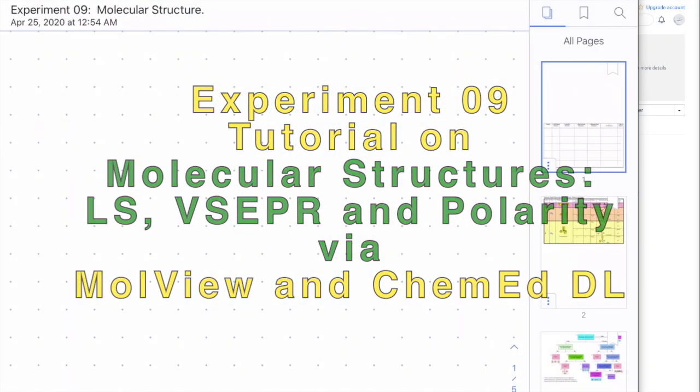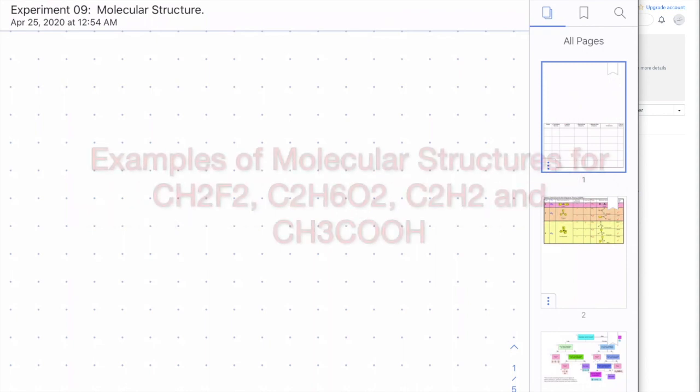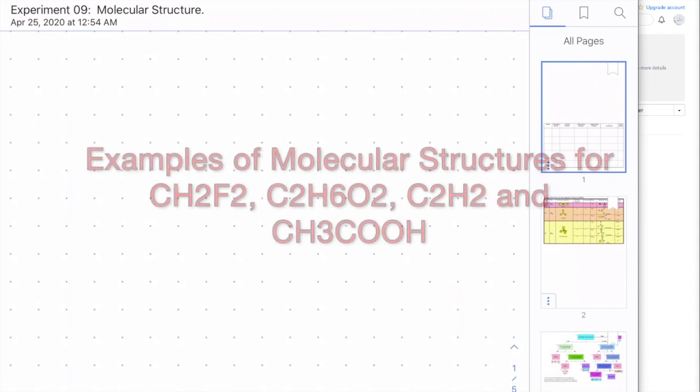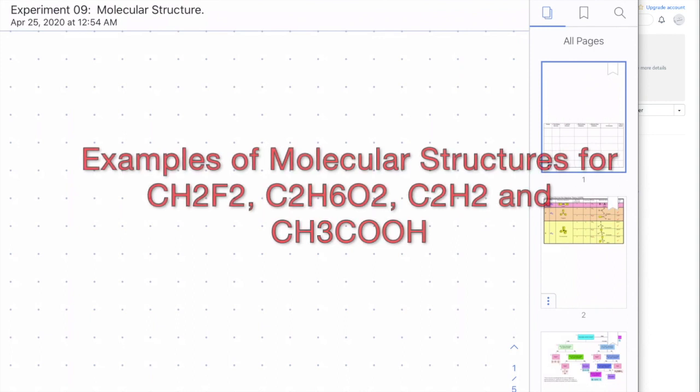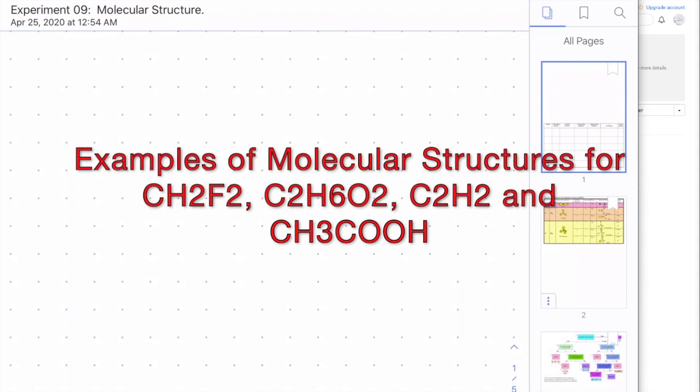Hello, this is a tutorial on how to work on experiment number 9 in Chem 152. In this particular tutorial, I'm going to do 4 examples in which I will first determine the Lewis structure, then come up with the molecular geometry, use the internet to get the three-dimensional structure and find the dipole for these chemicals, and then